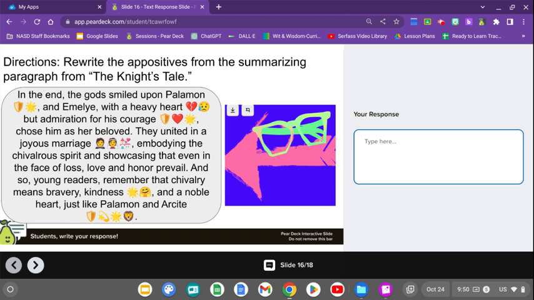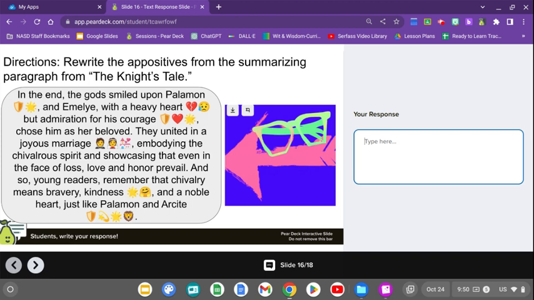Last one. In the end, the gods smiled upon Palamon and Emily with a heavy heart, but admiration for his courage chose him as her beloved. They united in a joyous marriage, embodying the chivalrous spirit and showcasing that even in the face of loss, love and honor prevail. And so, young readers, remember that chivalry means bravery, kindness, and a noble heart, just like Palamon